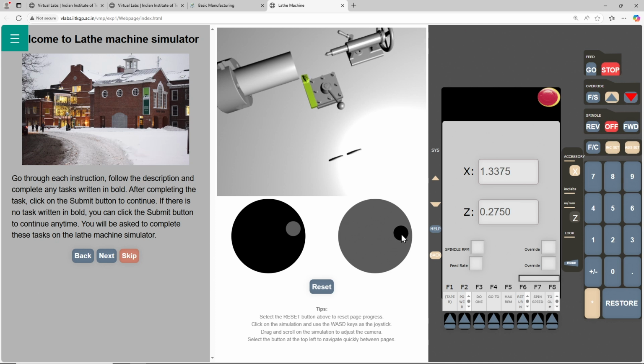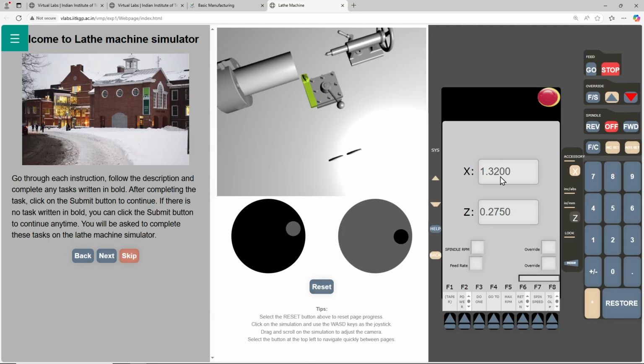So this is manual setting. I am rotating the mouse manually, just rotating it while clicking. So there could be some precision errors, because this is all manual. Also, when you rotate the carriage, it is also a manual rotation that you do. So 1.32 means a 0.05 depth of cut is chosen here. Then I will now start the spindle and rotate my carriage towards the left. You can see the turning is happening.